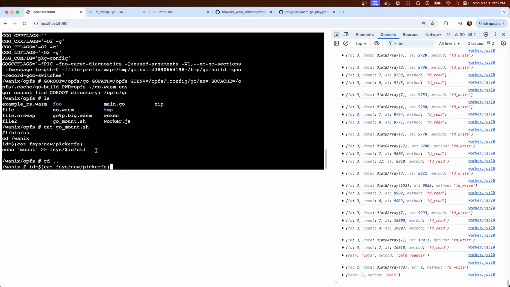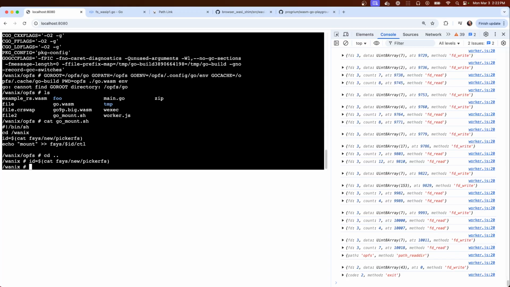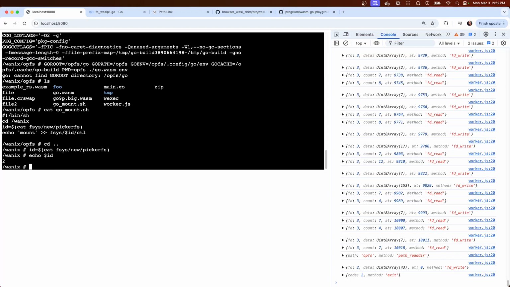And I guess what's cool is that in theory we could write this shell script, because this is a Linux shell, and the old version of Wanix had a custom shell.